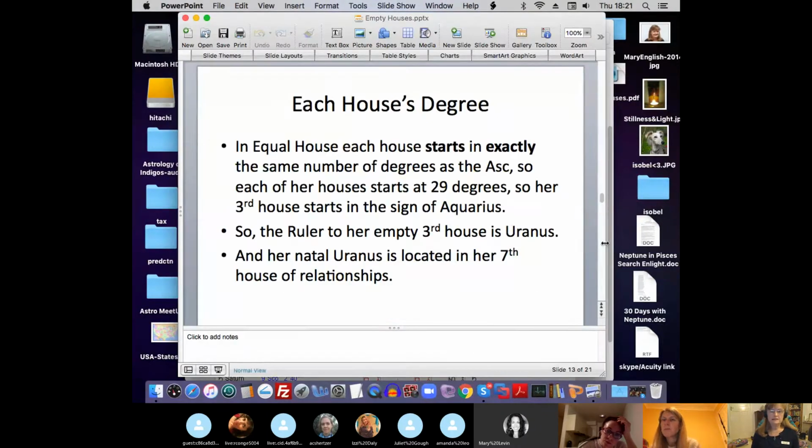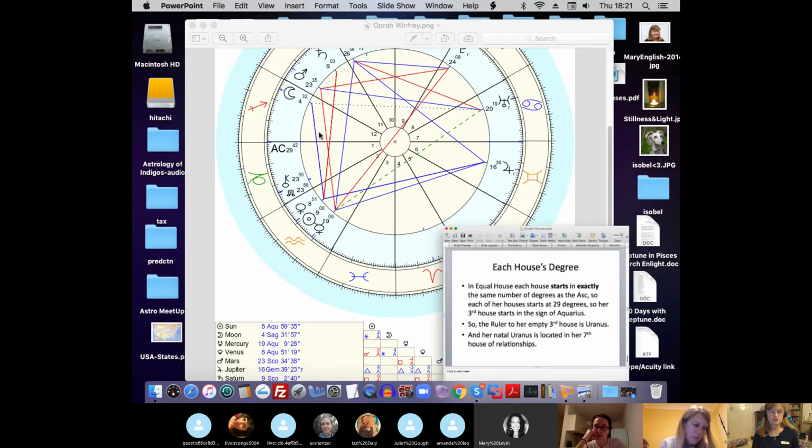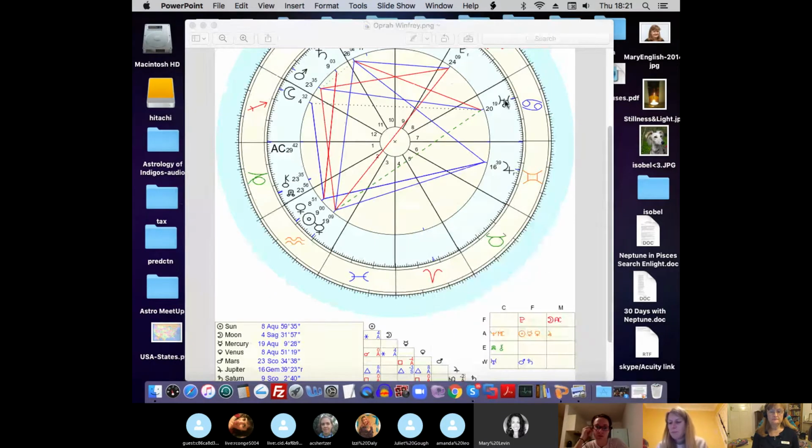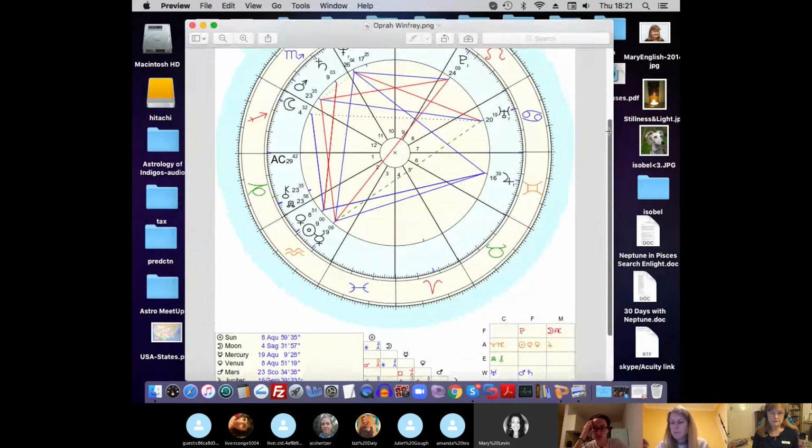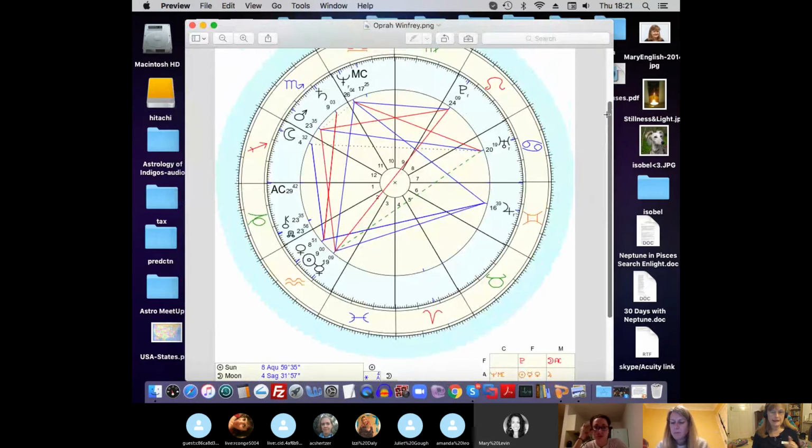So in equal house, each house, as I mentioned just now, starts at exactly the same number of degrees as the ascendant, which makes it so much easier. So each of her houses starts at 29 degrees. So her third house starts in the sign of Aquarius, so the ruler to her empty third house is Uranus. And her natal Uranus is located in her seventh house of relationships. So there's her Uranus. And in fact, I'll just do a quick skip through the planets, what they look like in your chart,